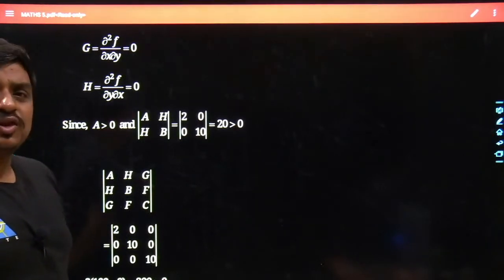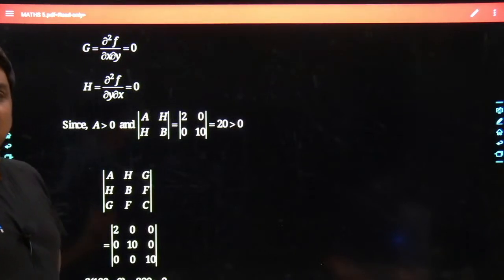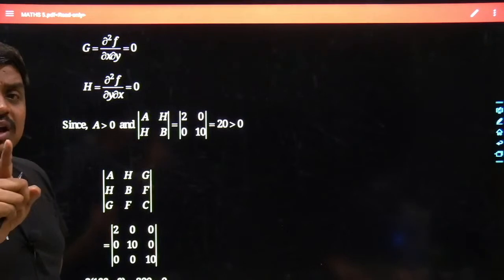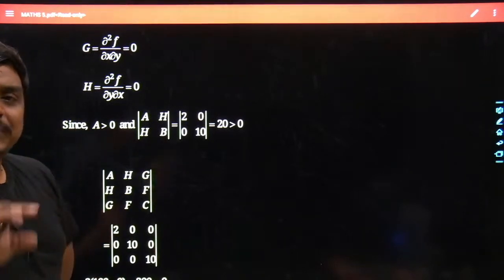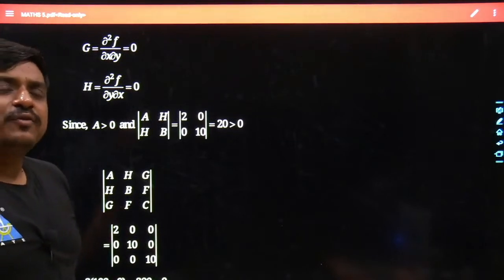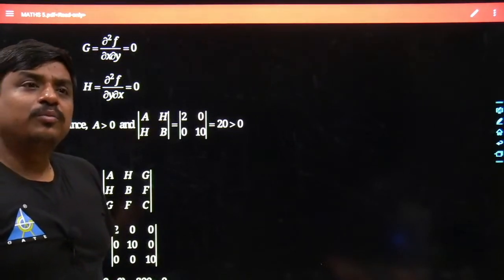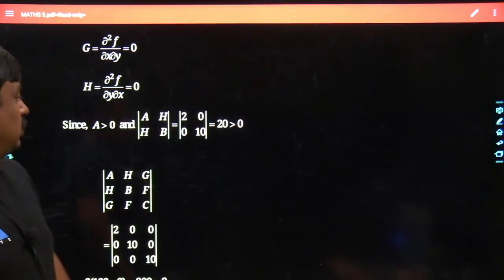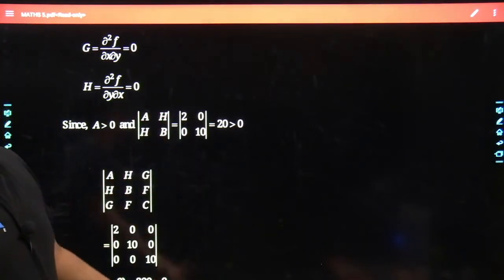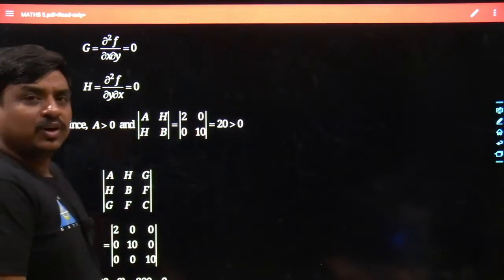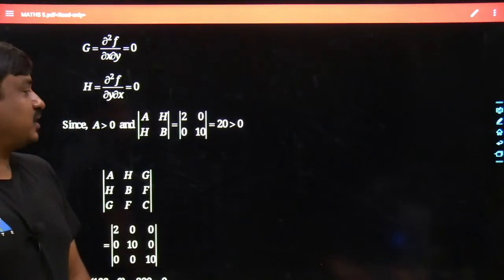But still, this sort of problem does come in the GATE examination, and each and every student should have one thing in mind: this problem was meant for leaving. If you have spent 2 or 3 minutes over this problem, and at the end of the day, you have left 1 or 2 questions from the topic which you were comfortable with, that means you are in big loss. You need not touch this problem. So it was known to me that the point is going to be a point of extrema.